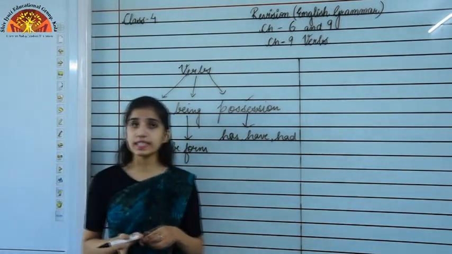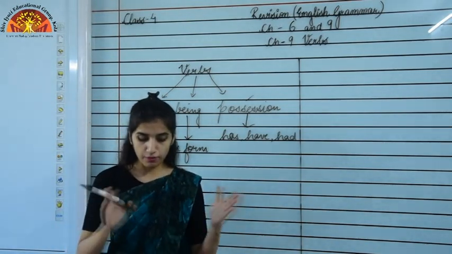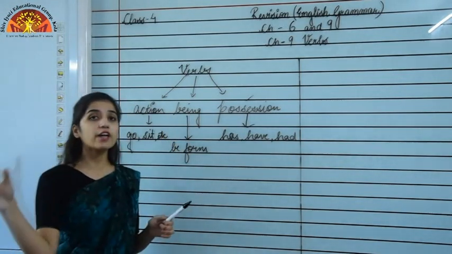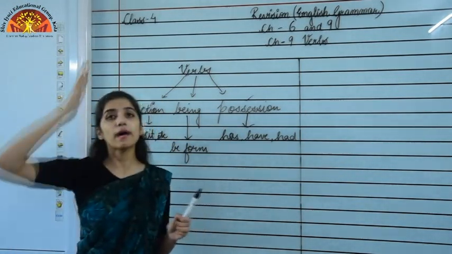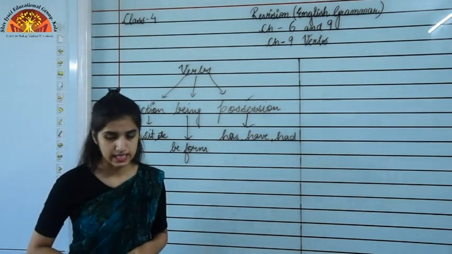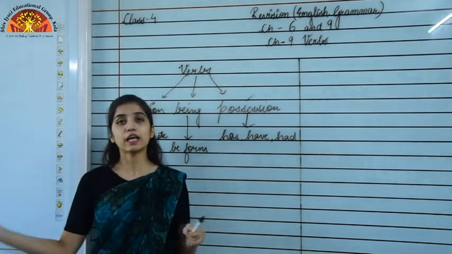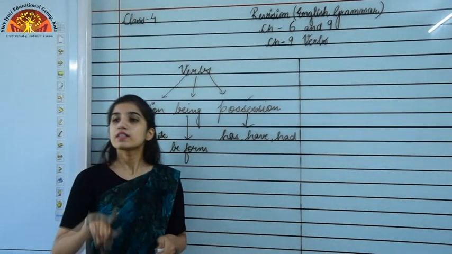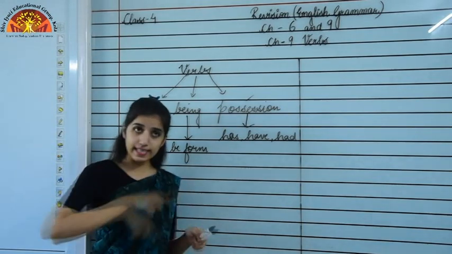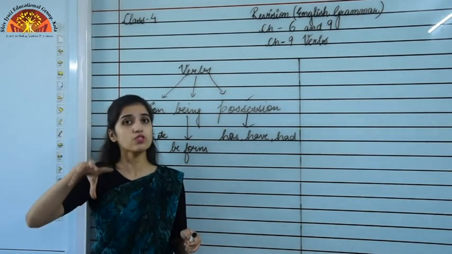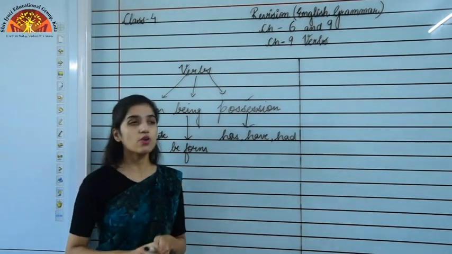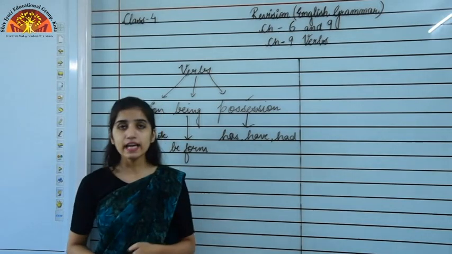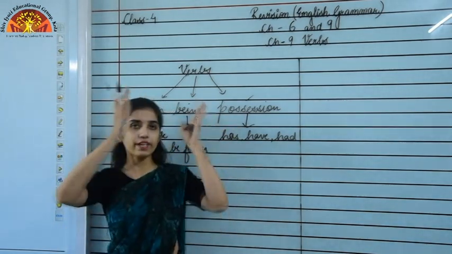So if the subject in a sentence is singular, the verb should also be singular. This belongs to the category when we are using the helping verb and main verb both in a sentence. Like you can see, Rani is coming out of the room. Here you can see Rani is what? A singular subject, right? And is, which we are using, is also a singular verb. So when we are using the be form or have form of the verb, that time we are just using the singular subject with a singular verb.